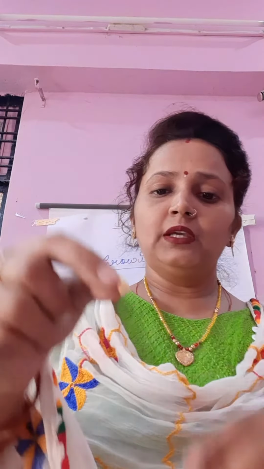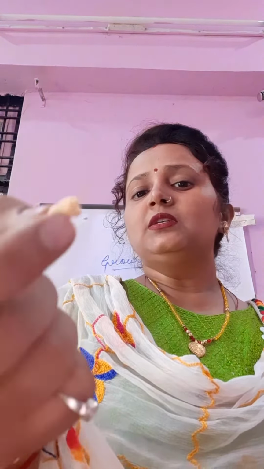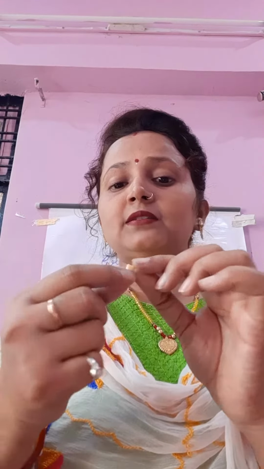After that, the third part is the cotyledon. Now you can see the yellow part. This yellow part is called the cotyledon, right? And what is the work of the cotyledon? It provides food and nourishment to the plant till the new plant grows. As you know, plants can make their own food. We are not making our own food; we depend on plants and other animals. But plants make their own food for themselves. The cotyledon provides food and nourishment to the seed till the new plant grows.